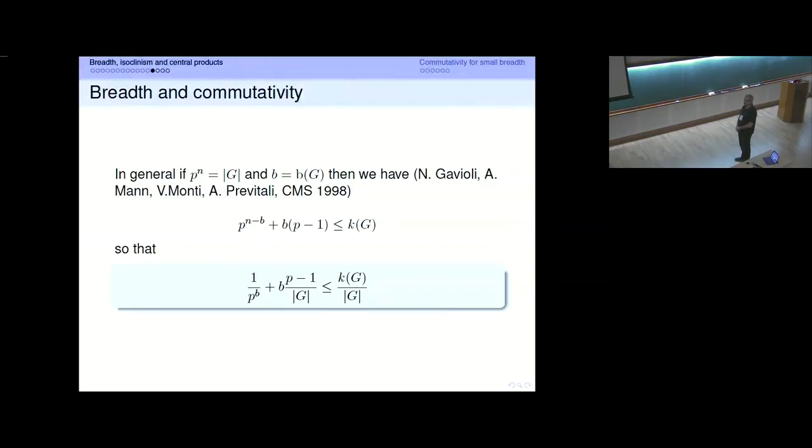Look, this bound is, of course, interesting, but the bound depends on the order of G. So if I'm thinking in terms of isoclinism, I don't like this part of the bound too much, because it depends on the order of G. I would like to exhibit bounds today that are bounds for all the groups in the isoclinism class. So anyway, of course, you can take 1 over P to the B as a bound, and that's rougher, but it works. So this is for the lower bounds.